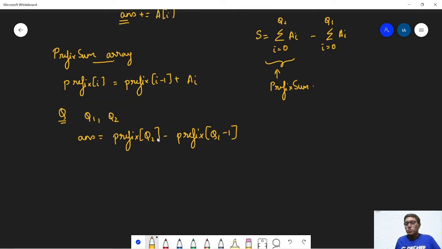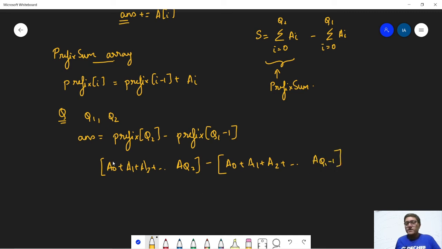So prefix of q2 is nothing but a0 plus a1 plus a2 up till a of q2, and we are subtracting prefix of q1 minus 1. So this is nothing but a of 0 plus a of 1 plus a of 2 up till a of q1 minus 1.